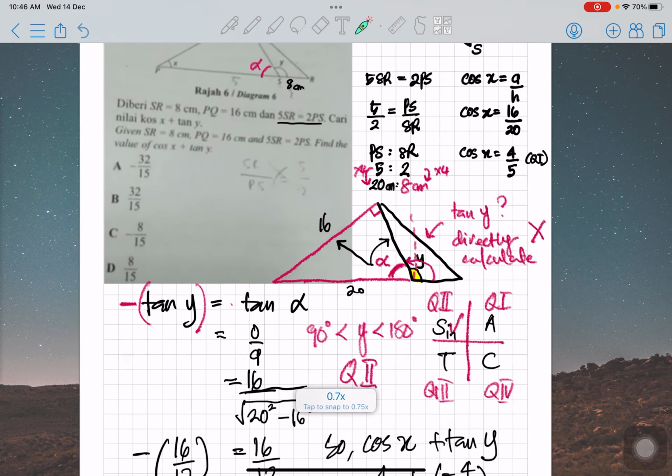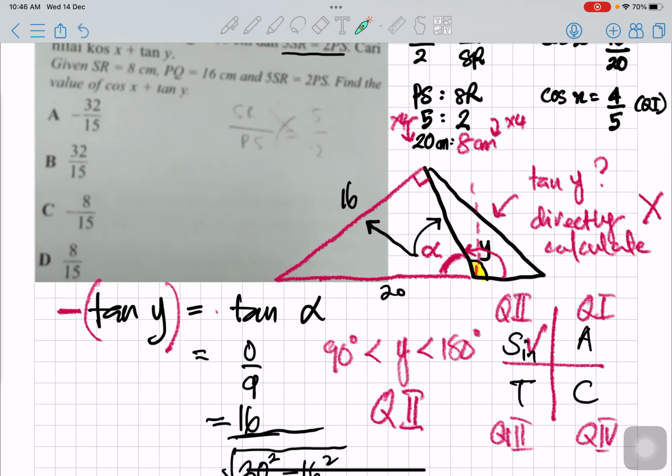If you remember, where did you learn the signs? This is your sign here. Quadrant 1, all positive. Quadrant 2, sine only positive. Quadrant 3, tangent only positive. Quadrant 4, cos only positive. So you have to remember this theory. Okay, so if we look at our tangent y, can you guess what is the quadrant for